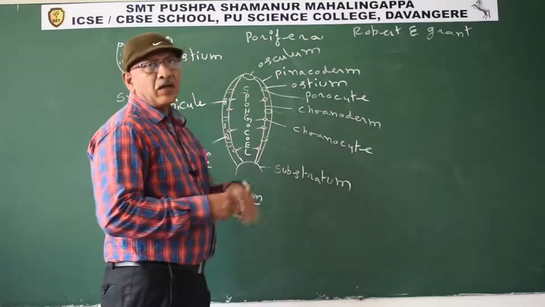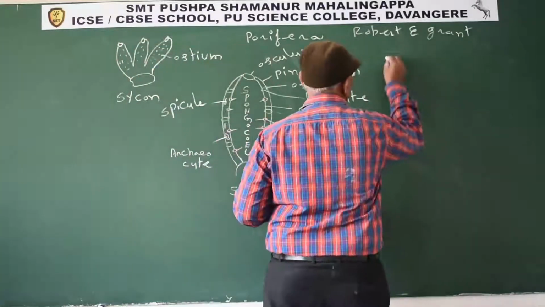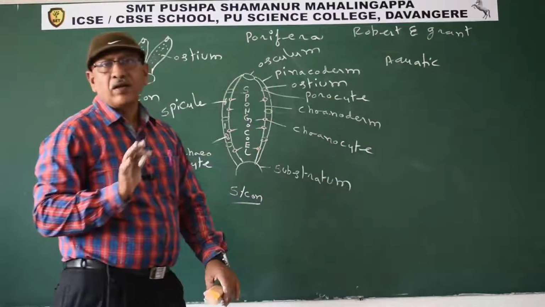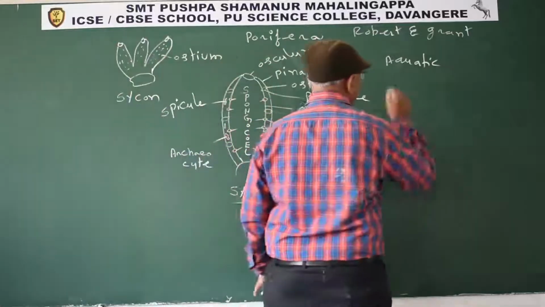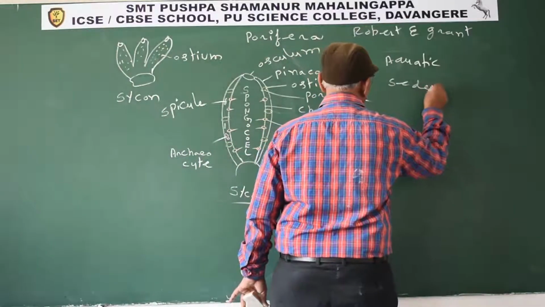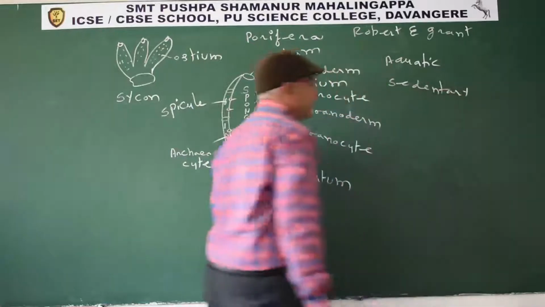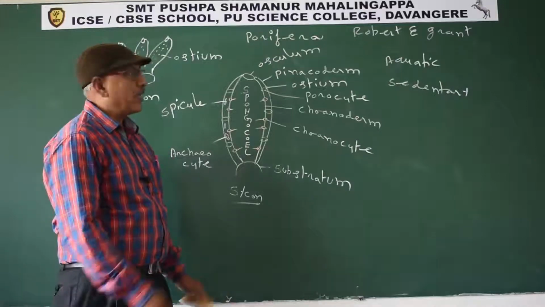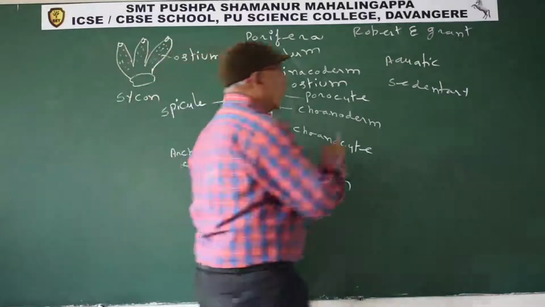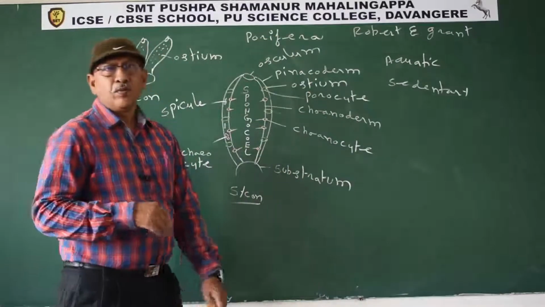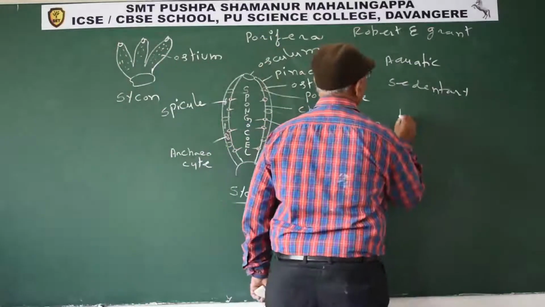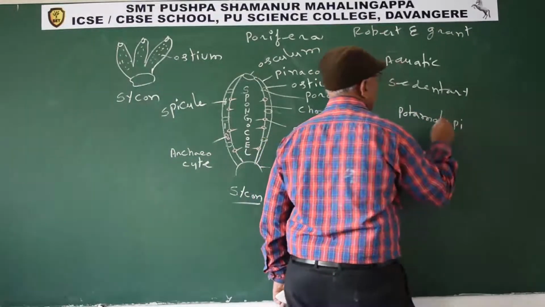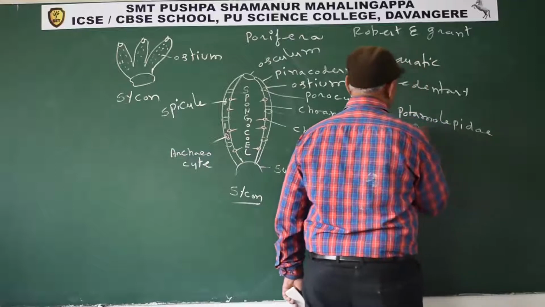First point, Porifera, all are aquatic, meaning they live in water only. All are sedentary. Sedentary means fixed to the substratum, like plants. Most of them are marine, but members of family Potamolepidae and Spongillidae